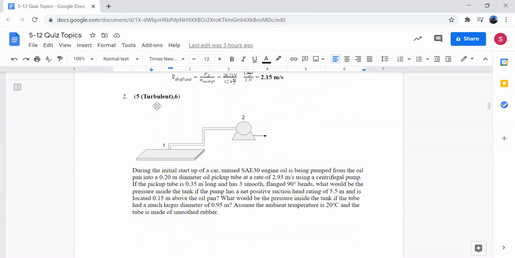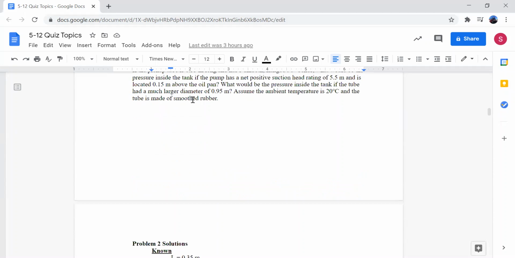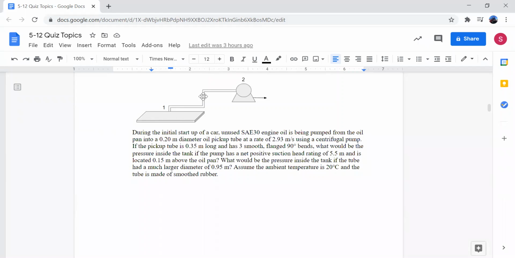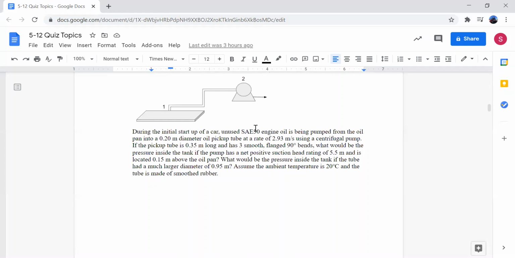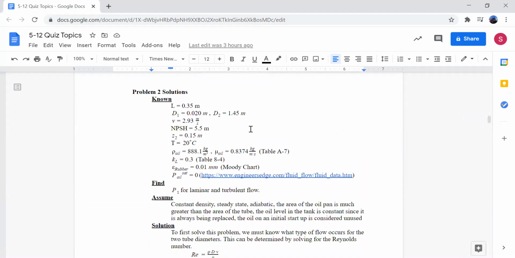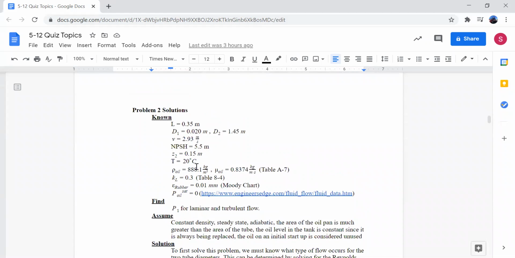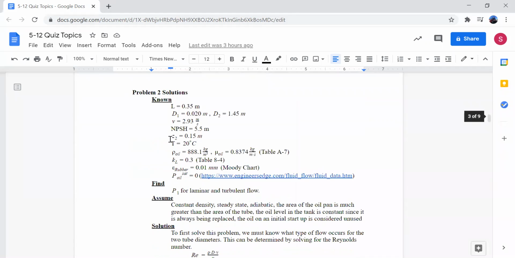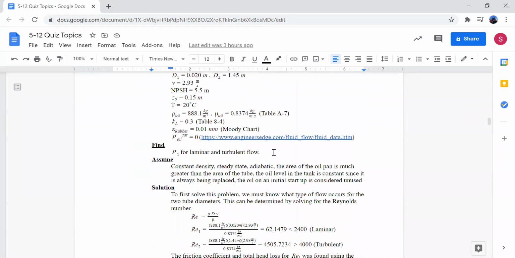Okay, for question 2, this is topic 5 and 6, laminar and turbulent. There's an oil pan here with some piping with multiple bends and a centrifugal pump. So we're going to have to use net positive suction head, topic 6, and then internal flow, topic 5, to solve this. We want to know the pressure at point 1, which is down here, for both laminar and turbulent flow, because we have 2 different diameters for the pipe, and so the Reynolds numbers are going to